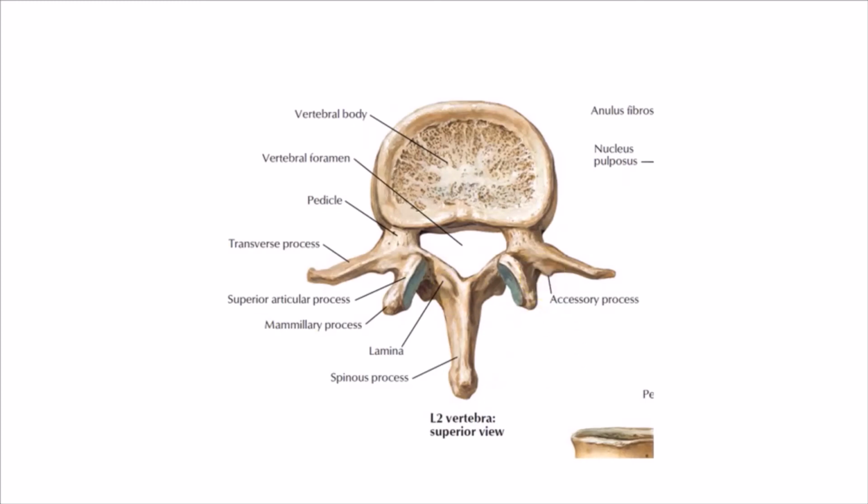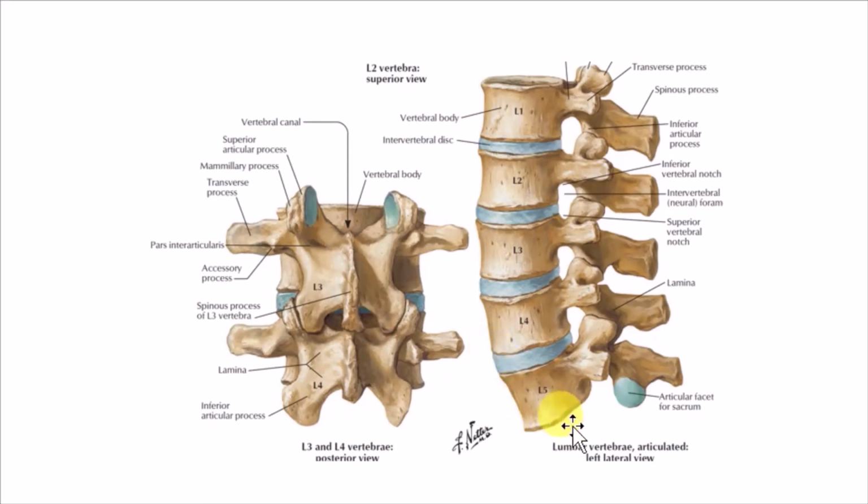Now here, this is the articulated lumbar vertebrae, L1, L2, L3, L4, L5, and in between them there is intervertebral disc. This is the posterior view of the two lumbar vertebrae, where you can appreciate how the articulation is happening between the inferior articular process and the superior articular process. And see, there is minimal overlapping of the lamina in case of lumbar vertebrae. Then you can appreciate the distance between the superior articular processes is more than the distance between the inferior articular processes.